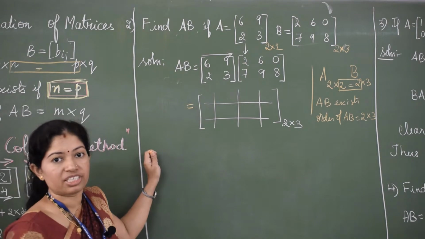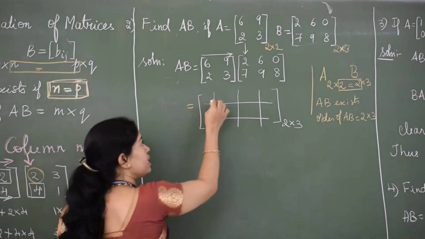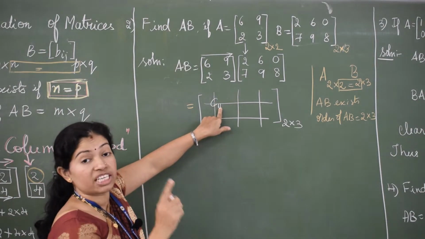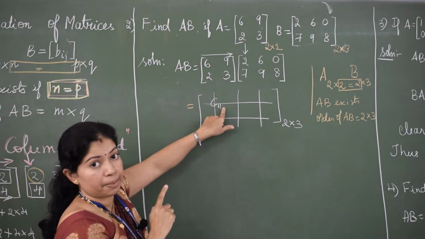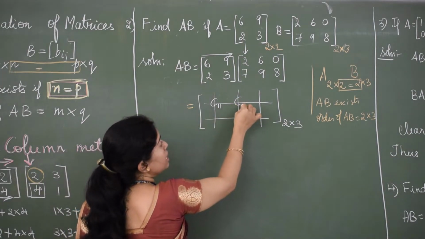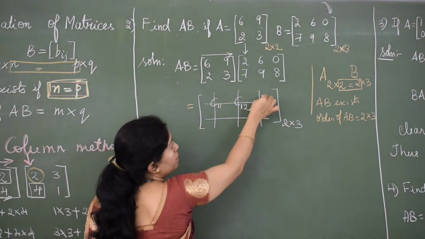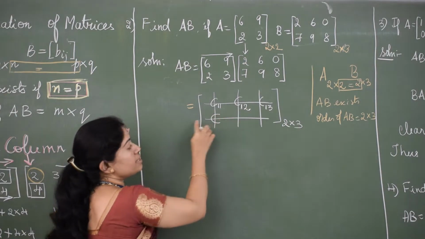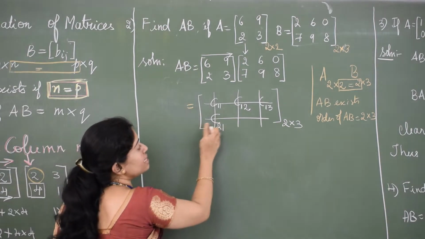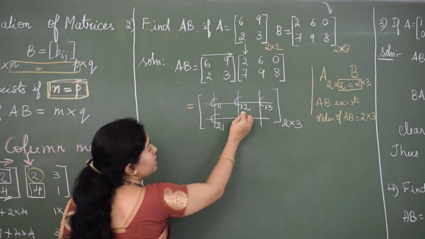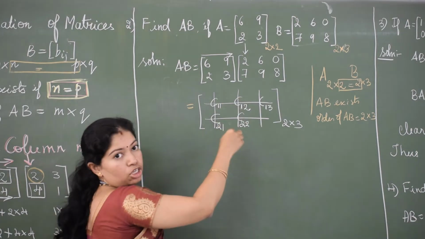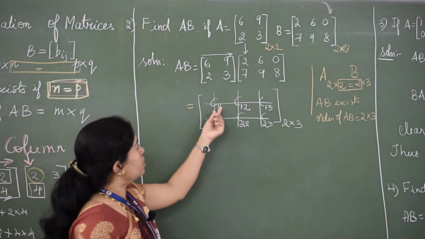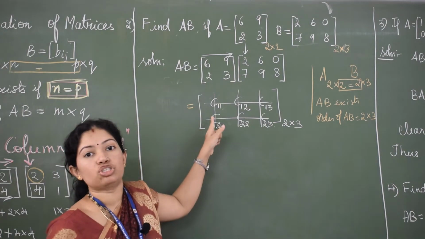If I write the elements generally, for your understanding, it is C11, in the first row, first column. Always the first number represents the row, the second number represents the column. C11. This one is C12, first row, second column. This one is first row, third column, C13. Now this is in the second row, so it is C21, second row, first column. Next C22, second row, second column. Next, second row, third column, C23. So these subscripts tell you which row and which column you have to take.